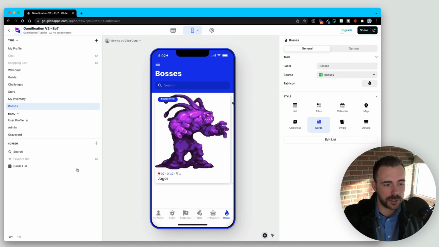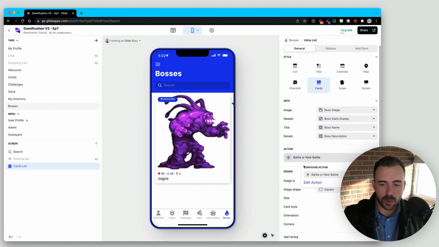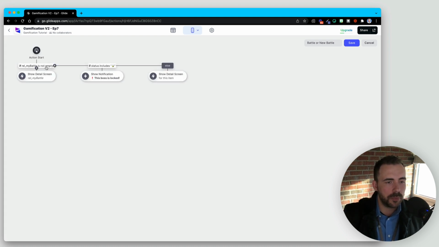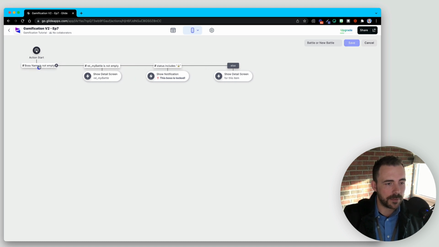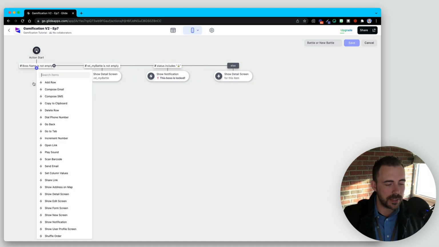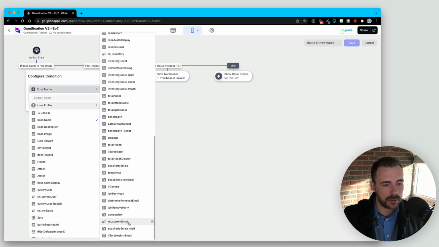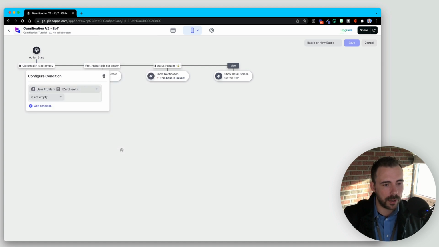So to do that, we need to add another condition on our battle or new battle action. So I click on cards list, battle or new battle. We'll edit our action, and we'll add a new condition here. We'll just drag that to the front. That should be the very first thing we check, is whether or not we have enough health to battle whatsoever. So we're going to say if user profile, if 0 health is or equals 0,